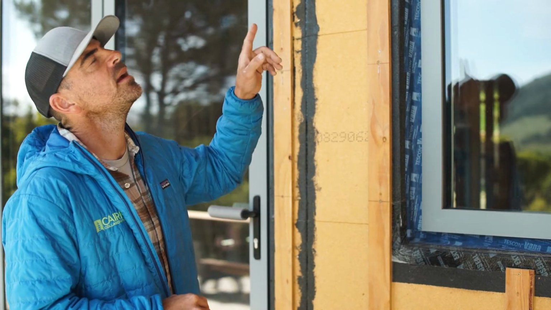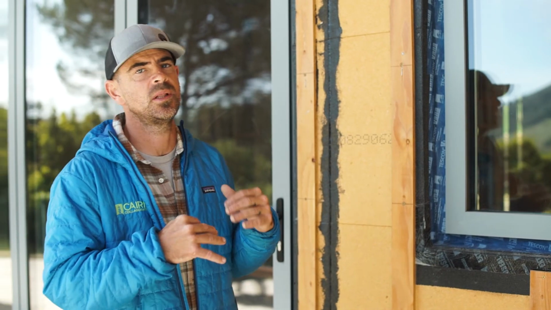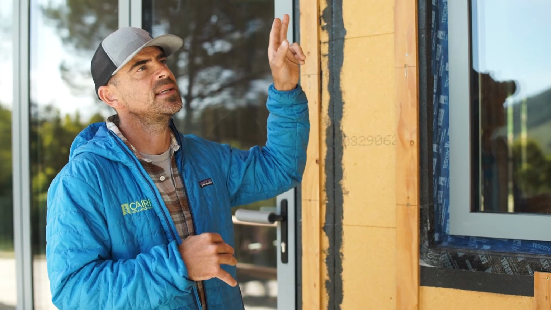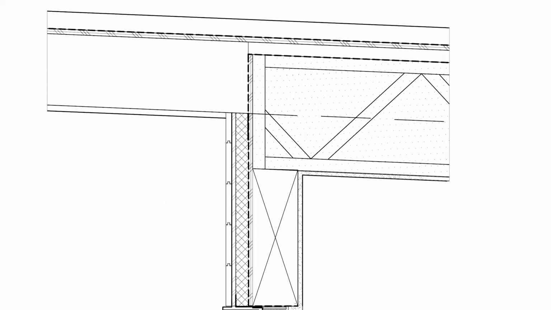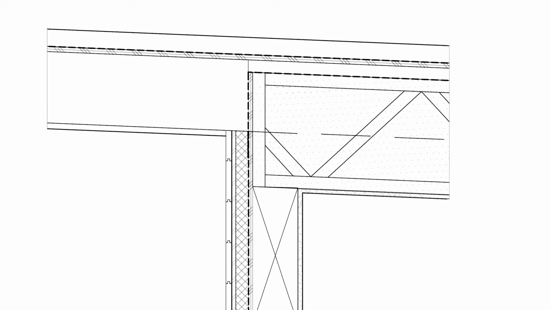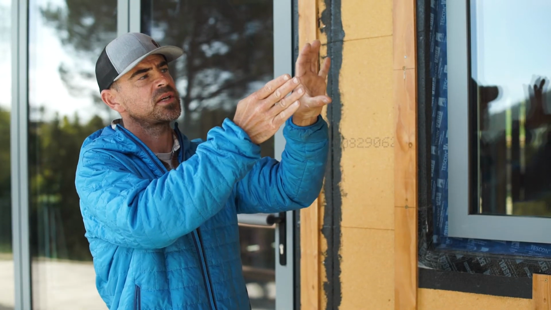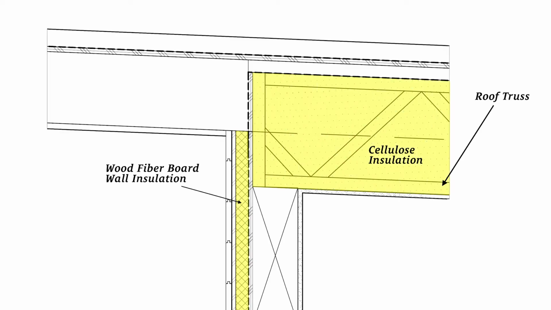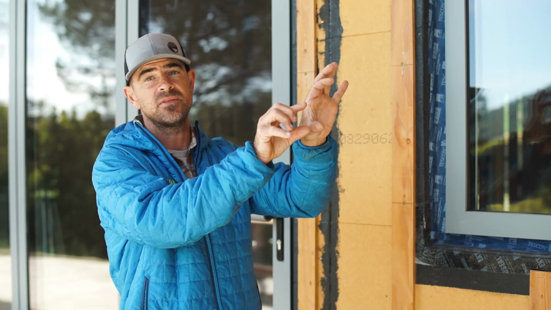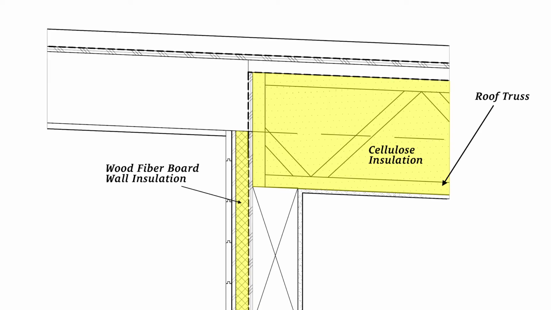What we've done here is we've paid really close attention to eliminating that. Our roof trusses on the inside are 14 inches deep, and they sit on the outside edge of our top plate. So we've run our exterior wall insulation about 7 inches up past the top plate. Where our interior roof truss comes over, and that gets filled with 14 inches of cellulose, our exterior insulation then comes up past the bottom edge of that. If you were to look at this in a section view from the outside, you would see a continuous path of insulation. It goes right up our walls and down into our roof trusses.